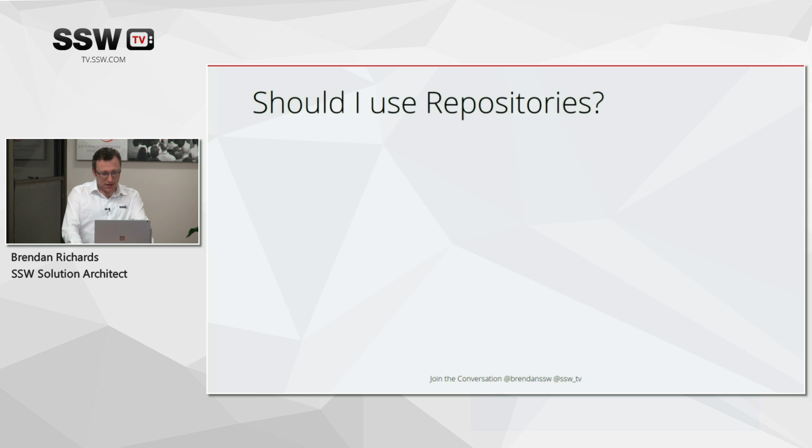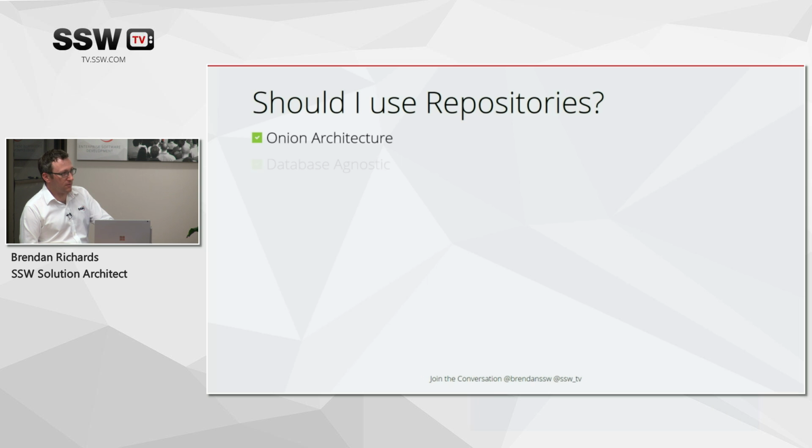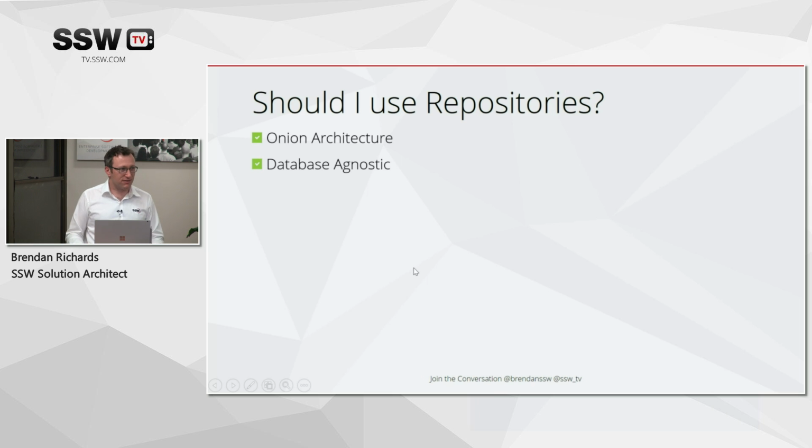So the question is, should I use repositories? So the benefits are, it's the way you're supposed to do it with onion architecture, and definitely one of the huge benefits is then your code is database agnostic. How important that is to you is up to you. Some people were very keen on, hey, you can swap your database out with this. I've never done that. I've never written a system in one database. And then, actually I have. I went from Oracle to Postgres once. But I was using NHibernate, so it was possible. So it's a little bit of change. But in most cases, most systems never change their underlying database. So that's not really a key consideration.